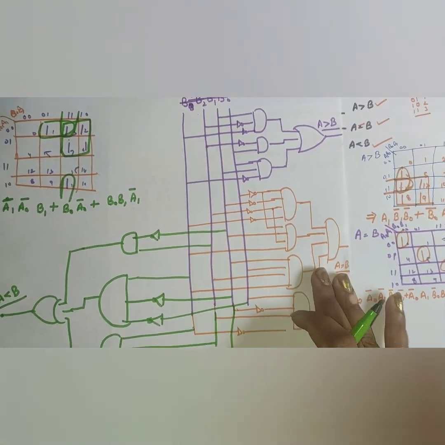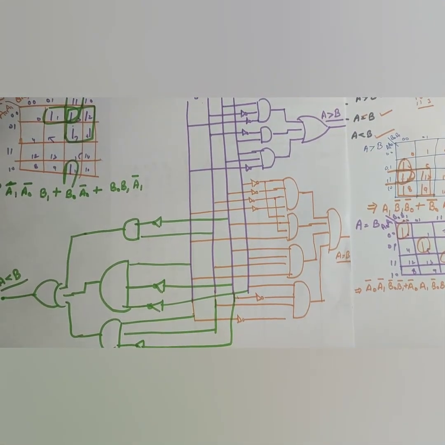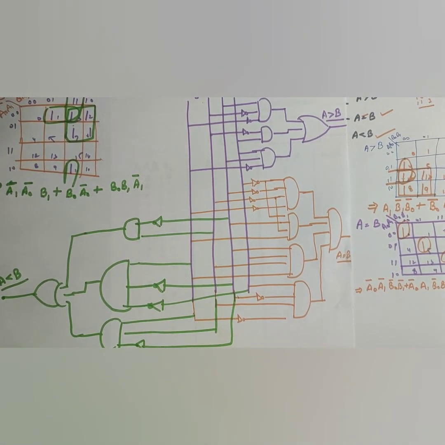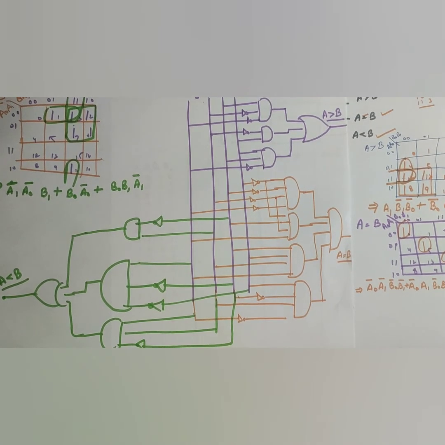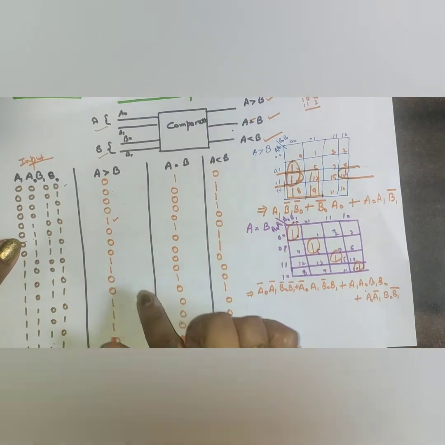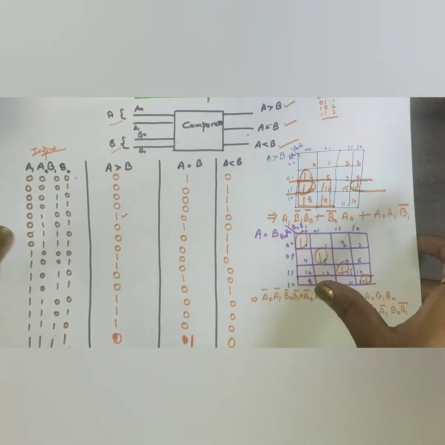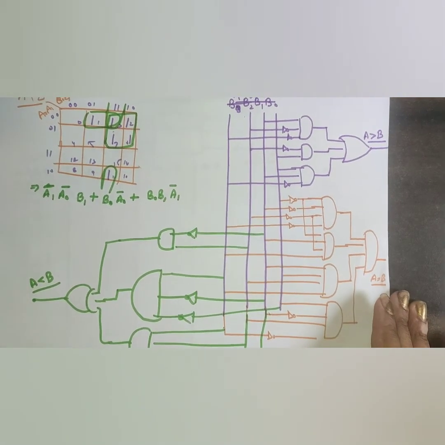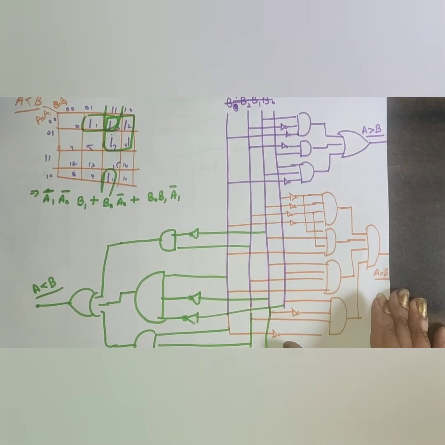So this is our whole example. You can check. Okay. So this is our 2-bit comparator, and this is our circuit diagram. For any combinational circuit, you should make the input, the relation between input and output, then the K-map, and then a circuit diagram according to your K-map answer, Boolean algebra. So this is our 2-bit comparator.